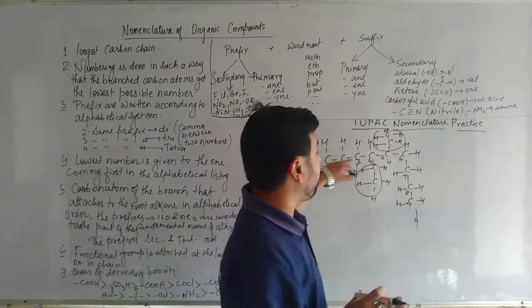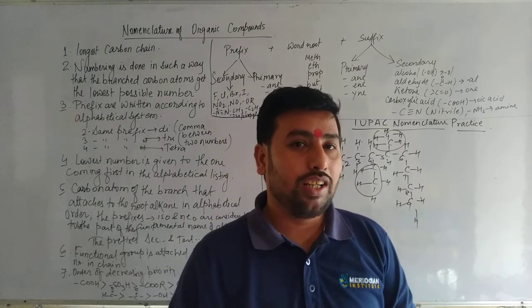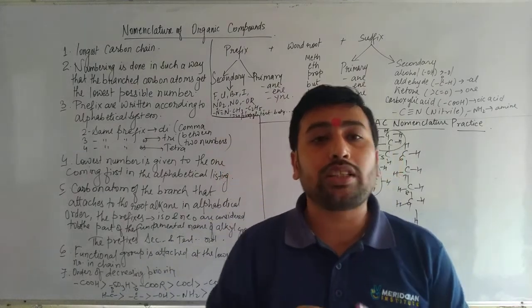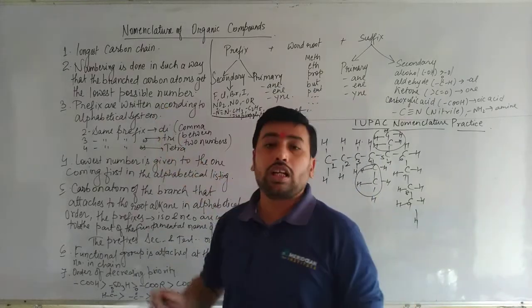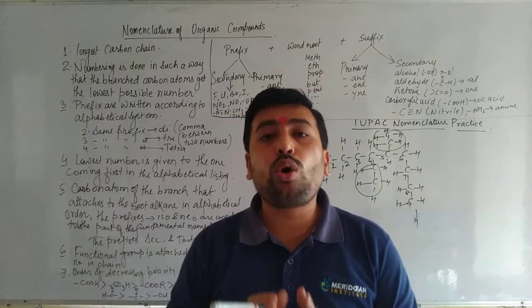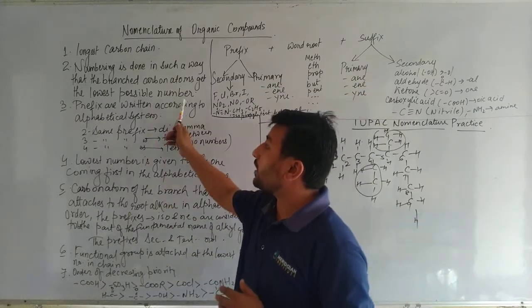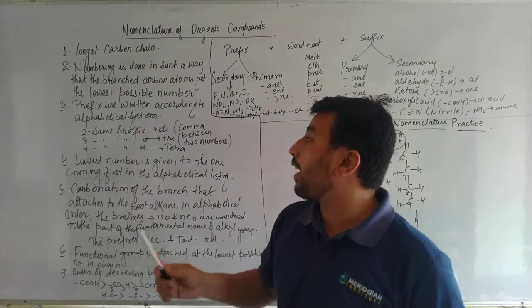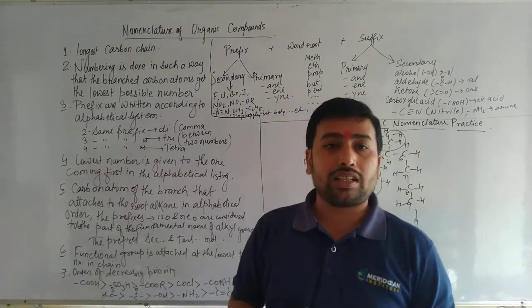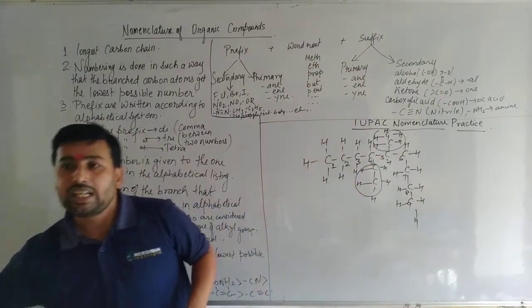But I have counted from here, on the 4th position only, the nearest branch of them. So the second most important point to understand the nomenclature is, it must get the lowest possible number. What it should get? The lowest possible number for the carbon branch atoms. Third is, if anywhere some of the prefixes are written.